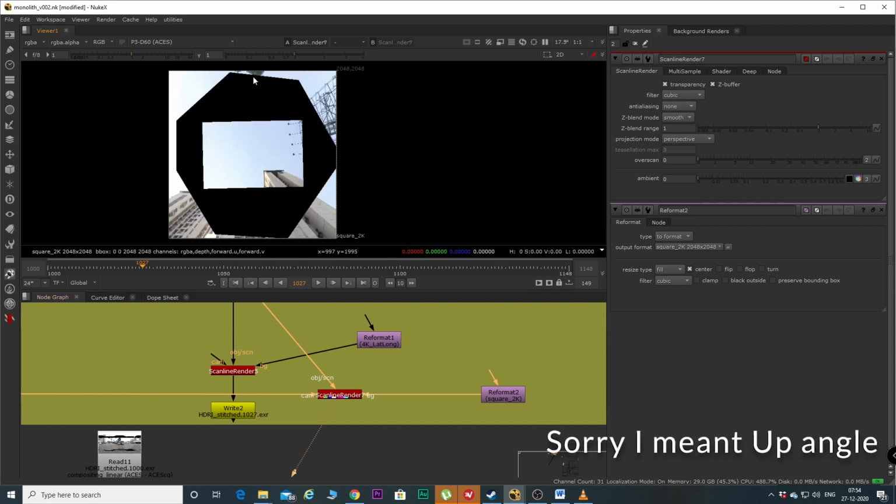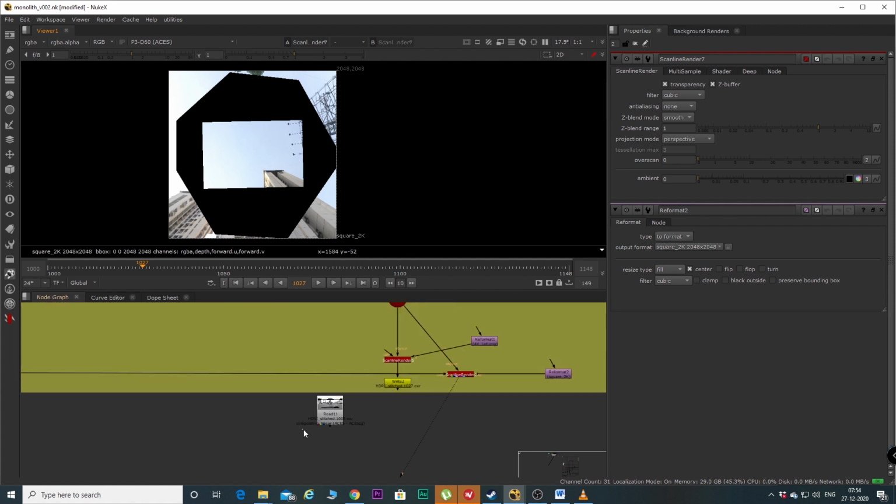And you can paint all of these sections over here to get a seamless HDRI. If you have a car over here instead of a monolith, I think black areas will be more visible. So in that case, you need to paint them.